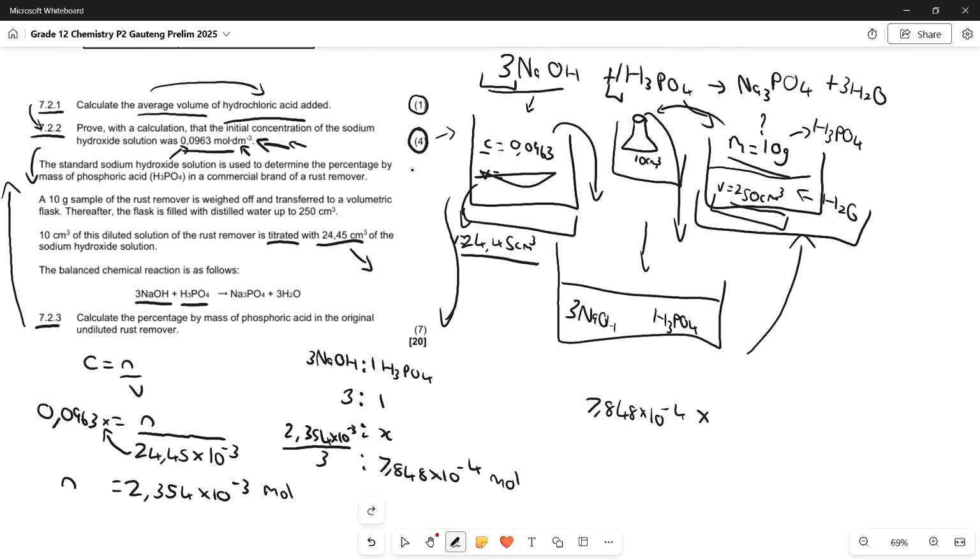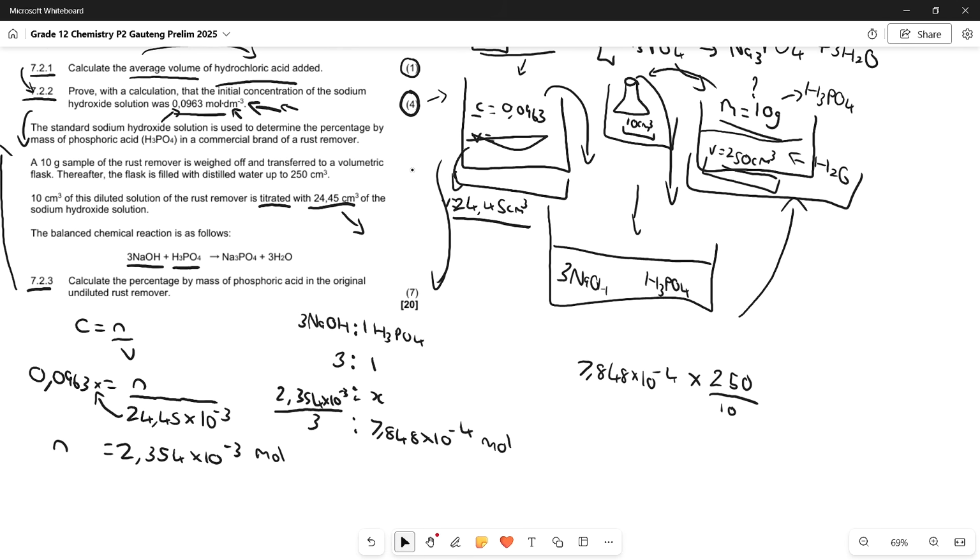By that, we multiply it by the volume that we want, because we want the 250 centimeters cubed over where we came from, which is the 10 centimeters cubed over there, which means we're just upscaling it by doing a ratio of our volume that we want over the volume that we have. And ultimately, the amount of moles in a bigger beaker, like this guy, will be more than the little beaker